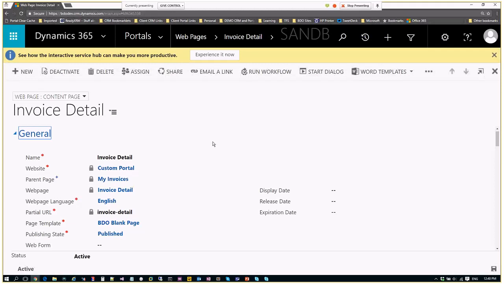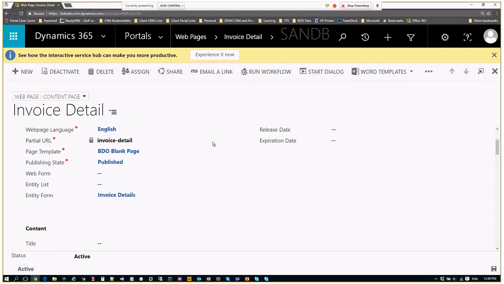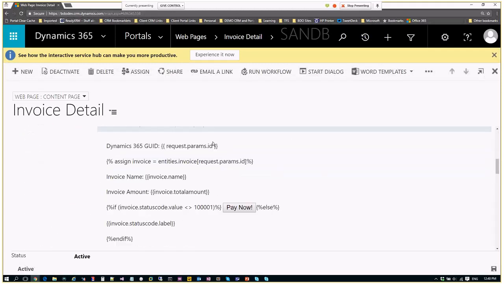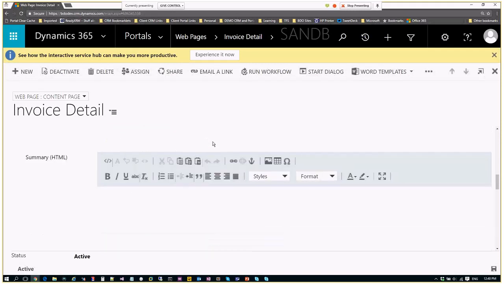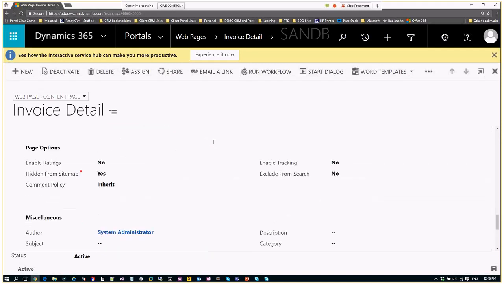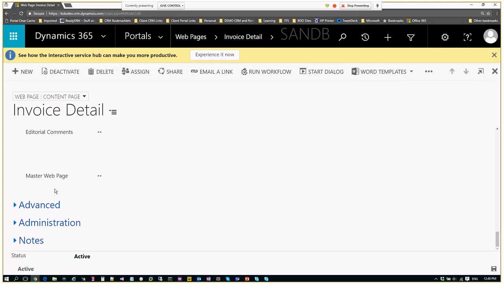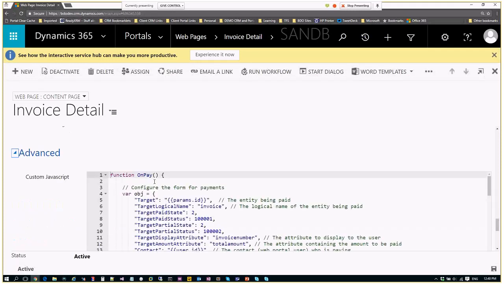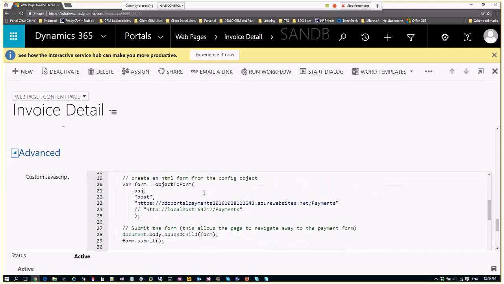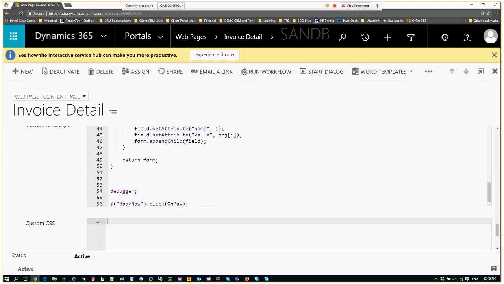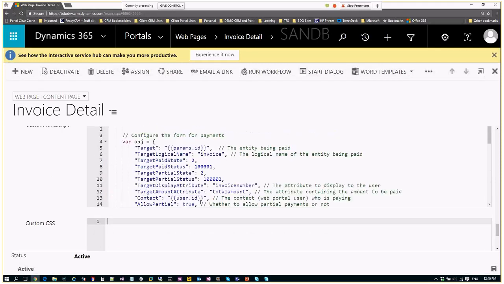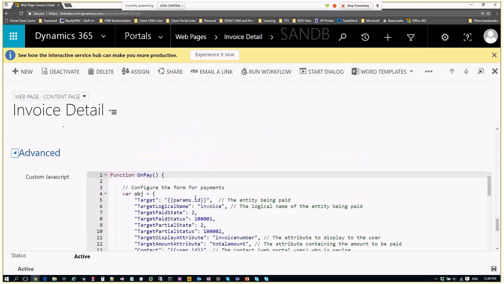In my web page, now that was the other thing about JavaScript, you can inject that almost everywhere. If I go within my web page here, look under Advanced, we see that we do have a custom JavaScript area. I do have that function that I'm calling for my button. It calls the onPay function, and then I'm passing a bunch of parameters from the invoice.